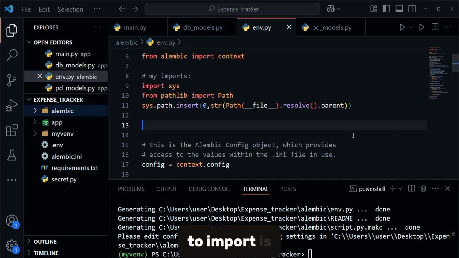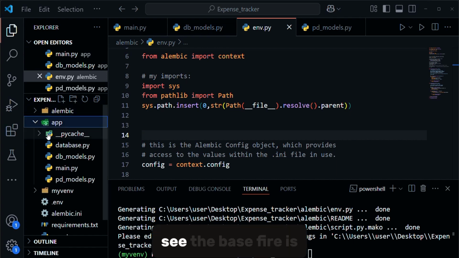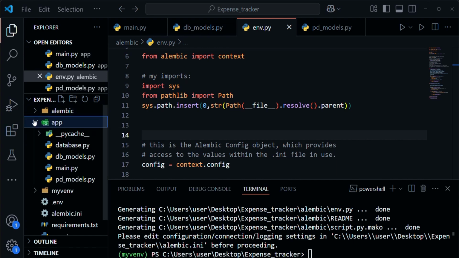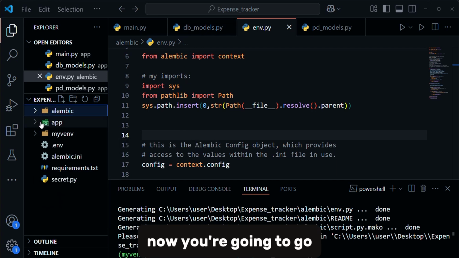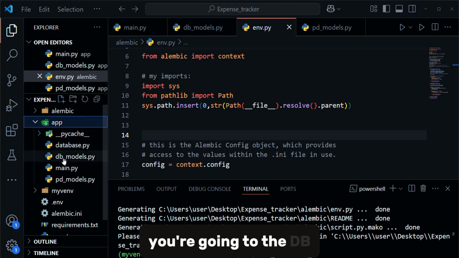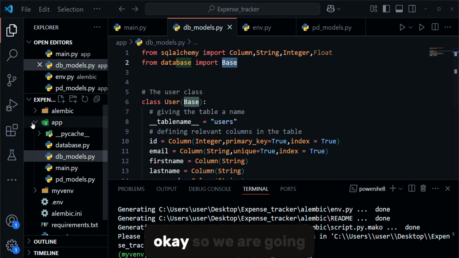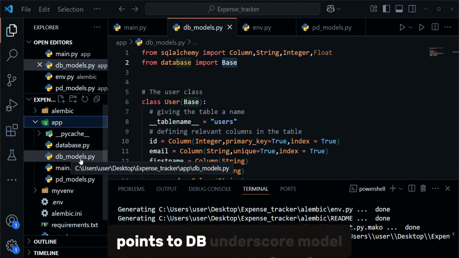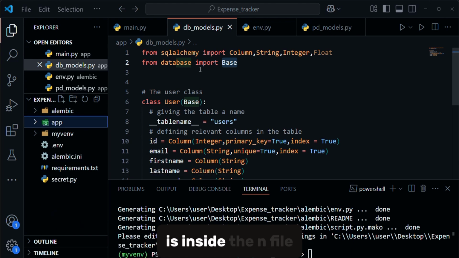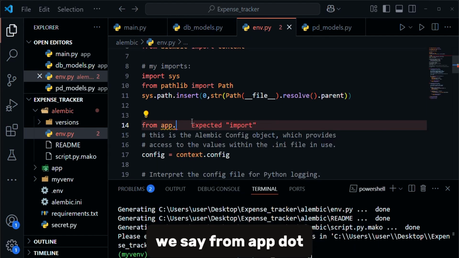Now what we are going to import is the base file. See, the base file is inside the app. So the Alembic is going to point to the parent, right? Now it's going to go to app. When you go inside the app, we are going to the DB modules. Inside the DB modules, there is a base that we imported. So we are going to steal that particular module. So inside the env file, we say from app.db_modules